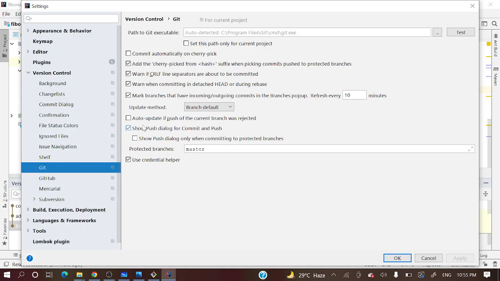So here if you see protected branches, so it's the master branch, right? So master branch is a protected branch. Here we have configured, that means if you force push something, then it will override your remote repository, and you are gonna lose those commits, right? So that's why those protected branches are mentioned over here, right? So let's remove this master branch from here and apply. Okay,